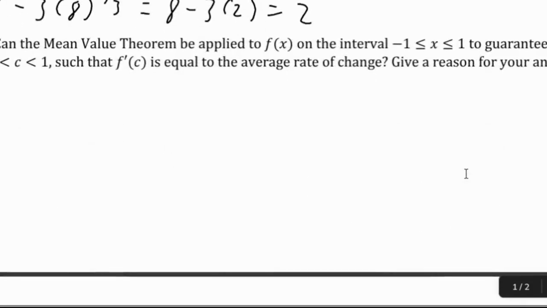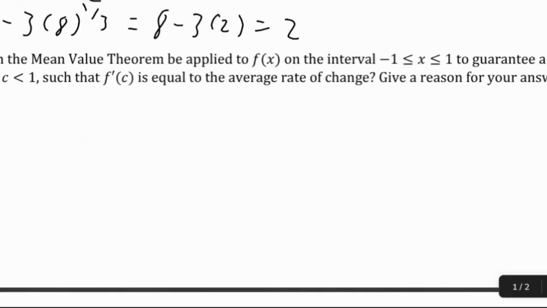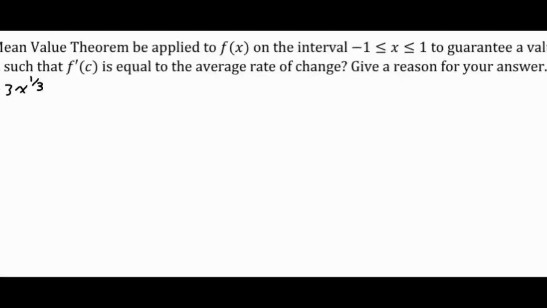Let's go ahead and move on to part D. Okay, moving on to part D. So this one asks us if the mean value theorem can be applied to f of x on the interval from -1 to 1 to guarantee a value c such that f prime of c is equal to the average rate of change on that interval. So this is just a mean value theorem problem, and if we remember, the conditions of mean value theorem are